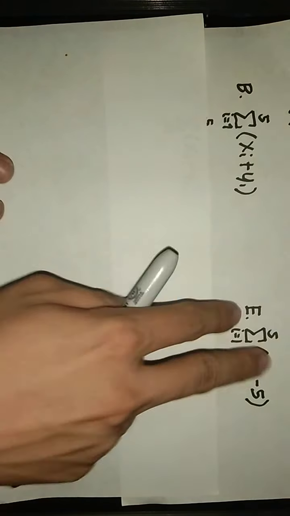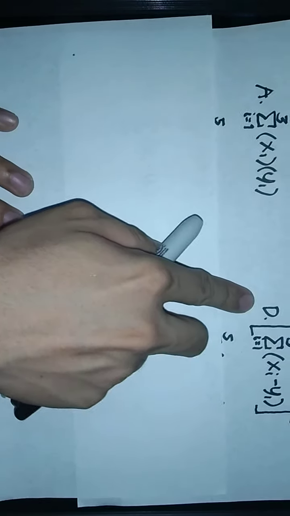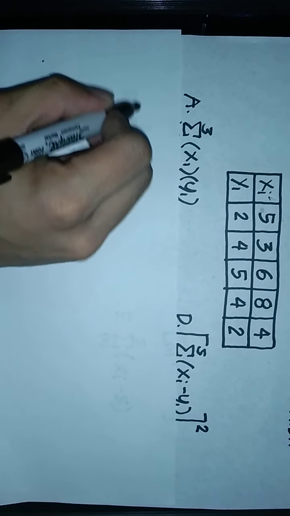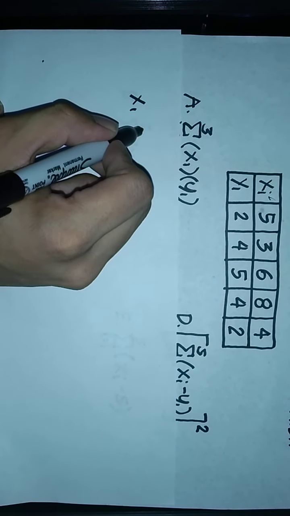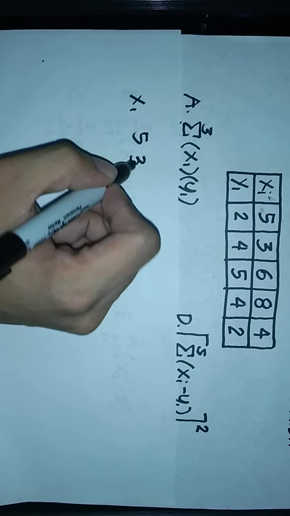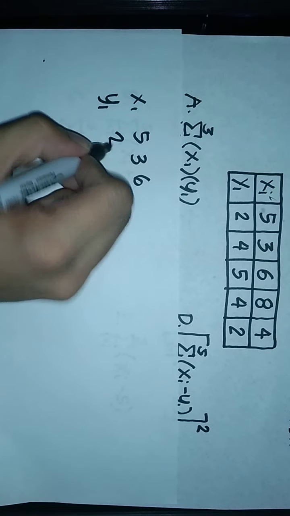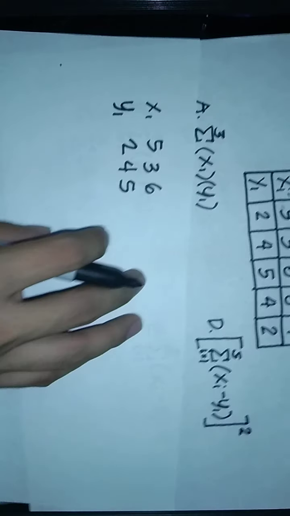So since ang ating given ay mula 1 hanggang 3, yung kukunin lang natin sa table is yung ating mga values ng x sub I mula 1 hanggang 3. So we have x sub I, we have 5, 3, and 6. For y sub I naman is equal to 2, 4, and 5. So again, ang ating operation for that is we have the